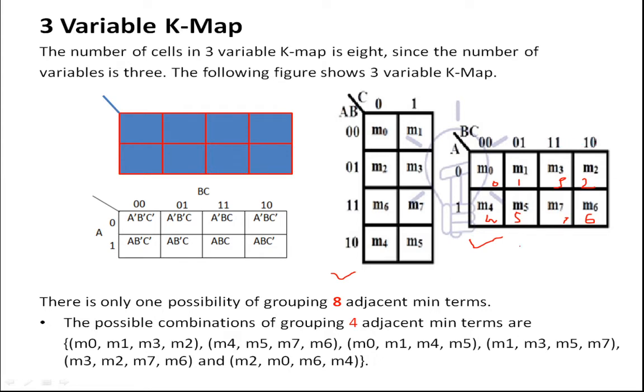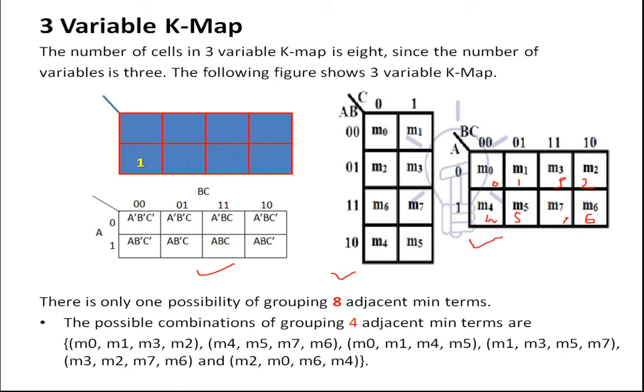Okay, so because of that we have this alternative cell numbering. So here you can see another example: how do you represent a bar b bar c bar, a bar b bar c, a bar b c bar, a bar b c, a b bar c bar, a b bar c, a b c bar, and a b c. Okay, so the cell numbering, how you are going to see.